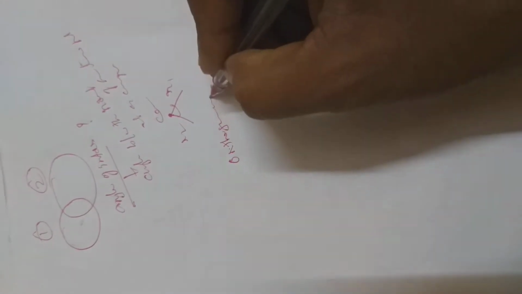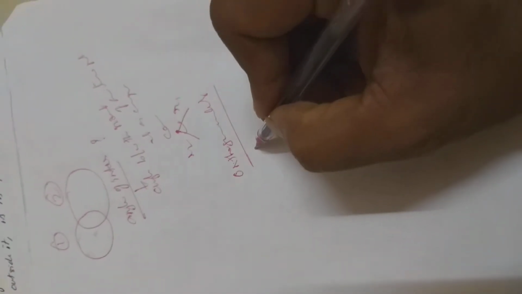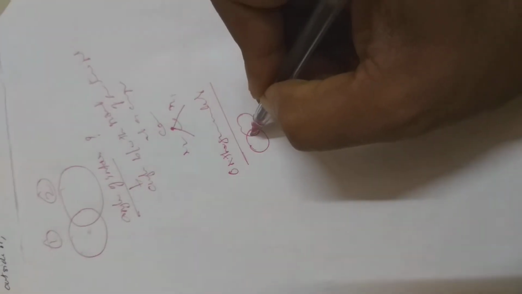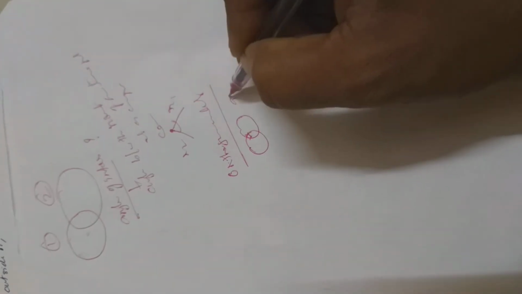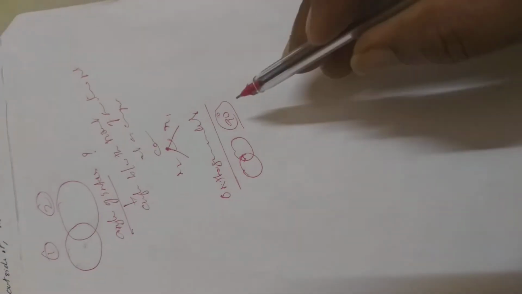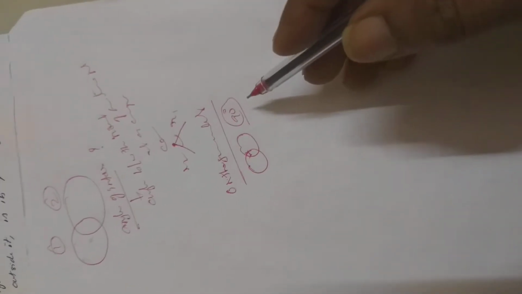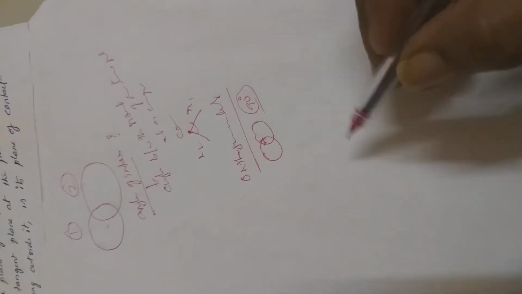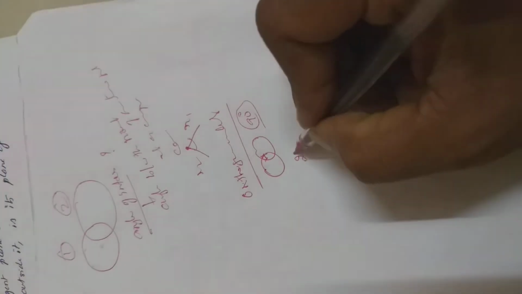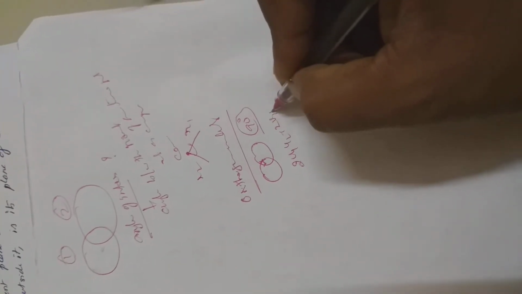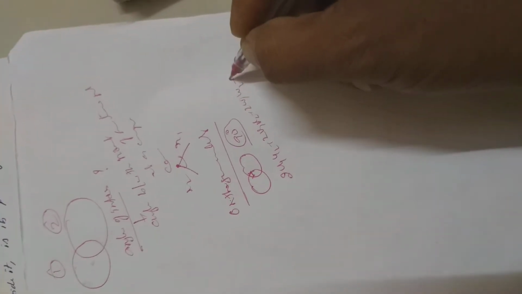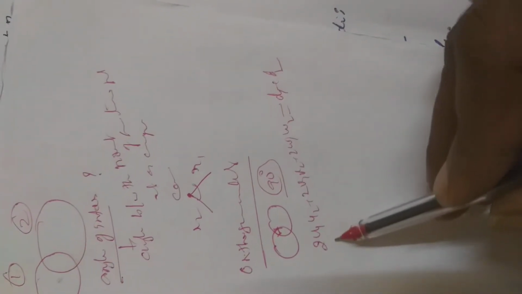Next, this continuation topic is orthogonality. If two spheres intersect with each other at right angles, that means the angle between them is 90 degrees. Angle of intersection is equal to 90 degrees, or you can say right angle. Then what is the condition? The condition is 2u1u2 + 2v1v2 + 2w1w2 = d1 + d2. This is the condition, right?